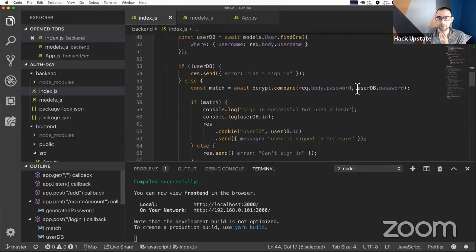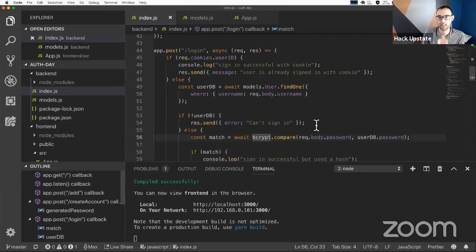And we're going to come down here and see what's happening. What's happening is bcrypt.compare is taking that raw password that gets uploaded and comparing it to the user DB password. So it would be much easier if we weren't using bcrypt to switch over the encryption to the front end. And the reasoning behind that is